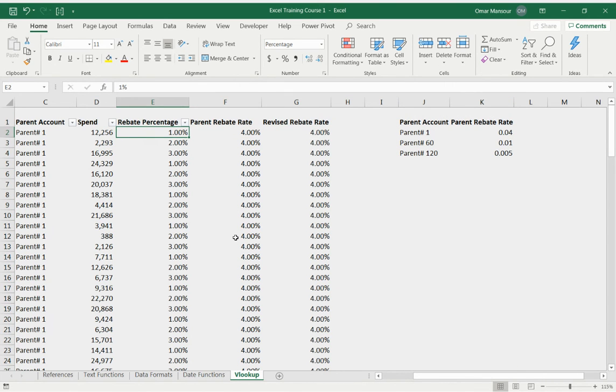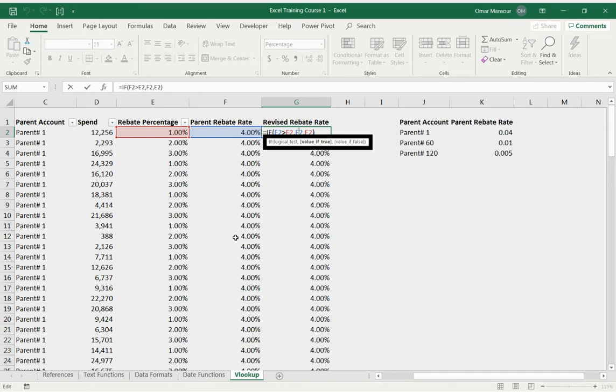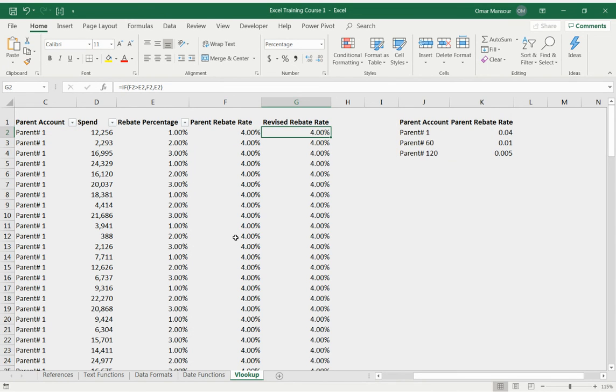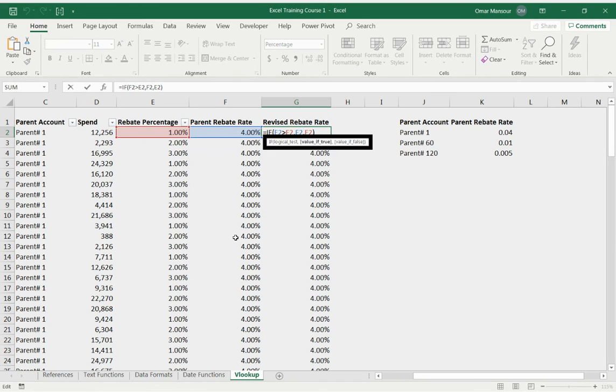Right now we have our standard rebate rate, our parent rebate rate, and we have a revised rebate rate, which has these conditional statements, right? Which again compares the parent rebate rate to the ordinary rebate rate, and then tells you which one to print, which one is higher, right? So this whole statement here, this whole VLOOKUP, to me, you could take this, having built it, and we're referencing that number because it's F2. We could nest that entire formula and replace F2 with it,